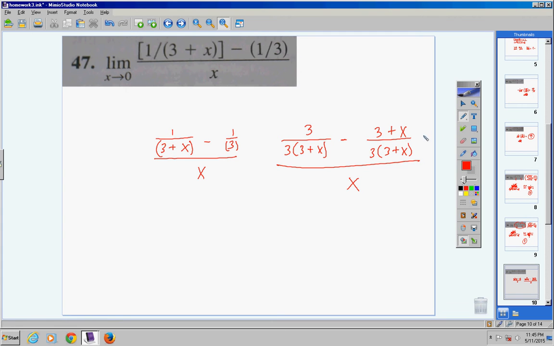Now, next, I'm going to put these two fractions together. Be careful. This negative sign goes to this whole term. So it's going to be 3 minus 3 minus x all over 3 plus x. Let's go over that again, okay? Look, I have 3 minus 3 plus x. 3 minus this whole expression. So it's